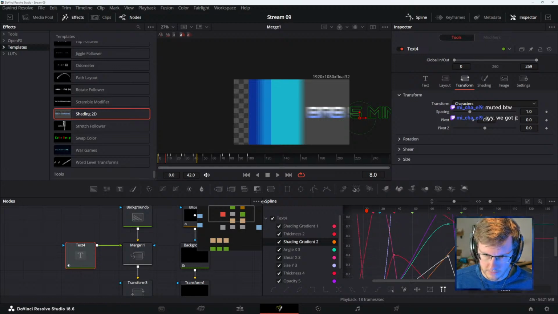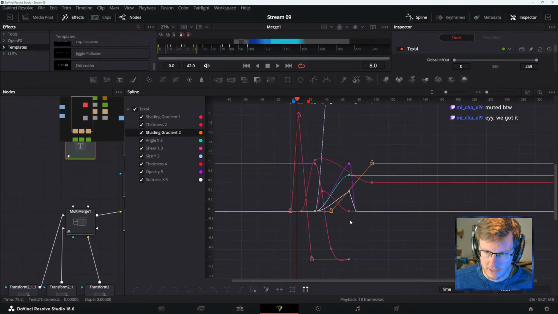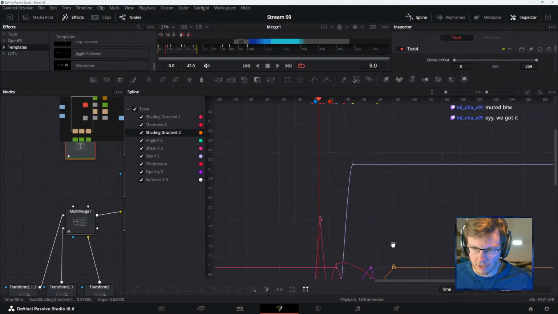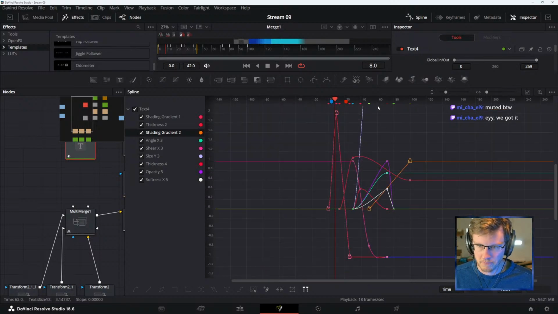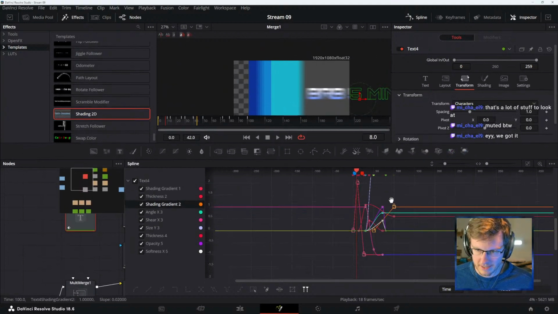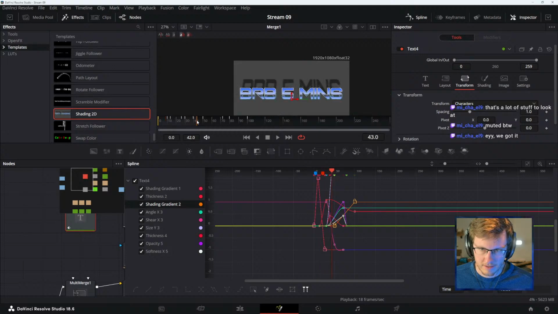Oh, hey, we got some stuff to look at in the spline though. Here we go. I think this is more common for what the spline editor looks like. Are we gonna edit this? So I just want to turn off that, what is that stupid thing in the back?